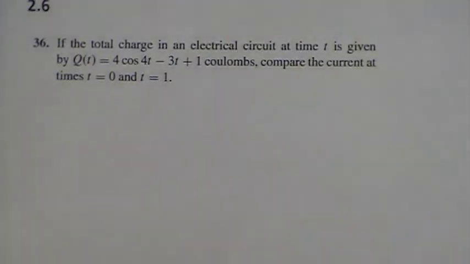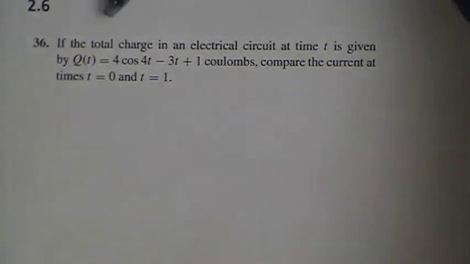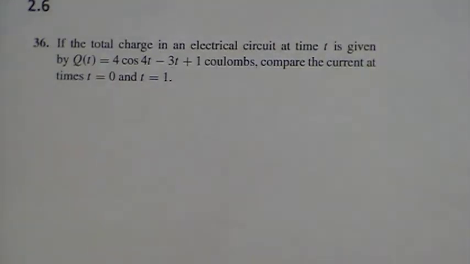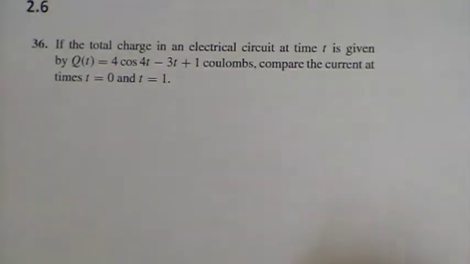In this video, we'll take a look at problem number 36 from section 2.6. The directions in the book in front of this problem, which I forgot to copy just above the problem statement, said to refer back to example 6.6 before doing this. And basically in example 6.6, they define the current in a circuit to be